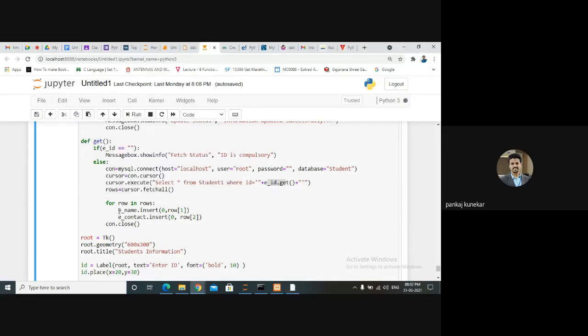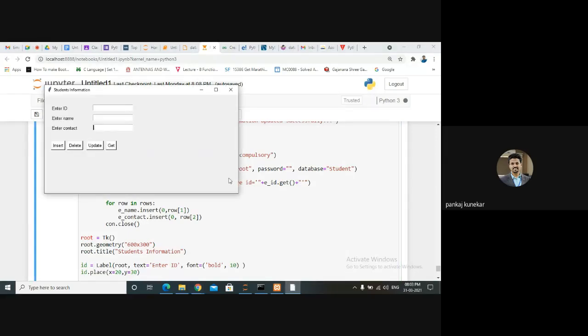See here, e underscore name dot insert, e underscore contact dot insert. It is saying that whatever data we have retrieved in row of 1 and row of 2 will be inserted into e underscore name and e underscore contact. What are e underscore name and e underscore contact? These are basically text boxes, entry boxes for name and contact.